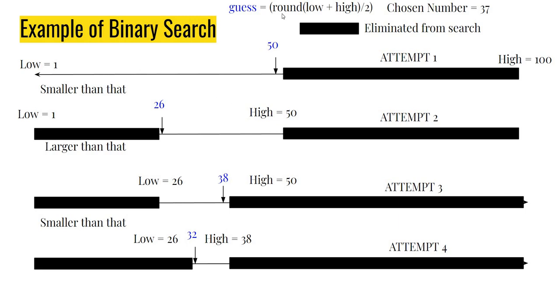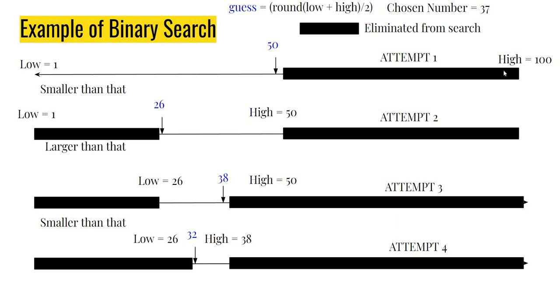So what I did here was to use the round function. I will talk about that later on in the code. I guess 50 and I ask my player, is the number that you have chosen larger than this or smaller than this? I am told smaller than this. The moment this happens, I know that the number is not here. In fact, I can completely eliminate this